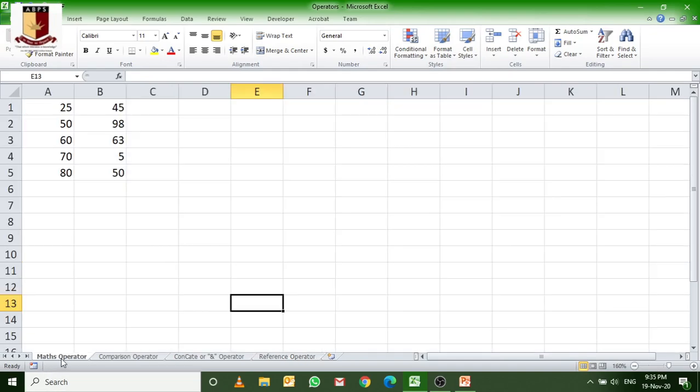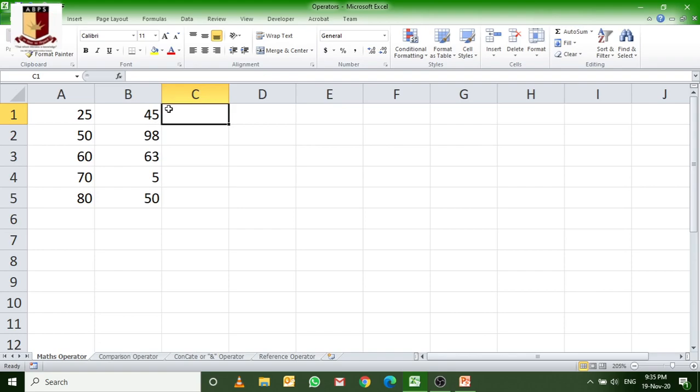So let's move to the maths operators, and these values I have already entered. We already know that before entering any formula, the equal sign is a must. Suppose this is the value 25, so I just click it, which is called pointing. A1 comes, I place the plus operator, click here and just press enter. So this is the maths operator, and these are the two different operands, A1 and B1, the references of the operands participating in this formula. These are the simple ones, we already know how to use all of these.